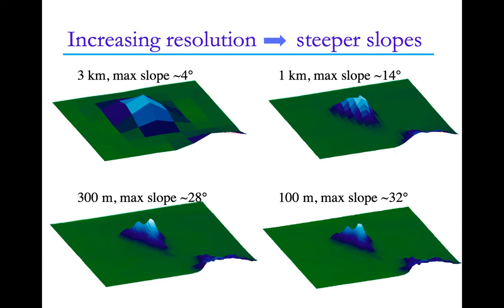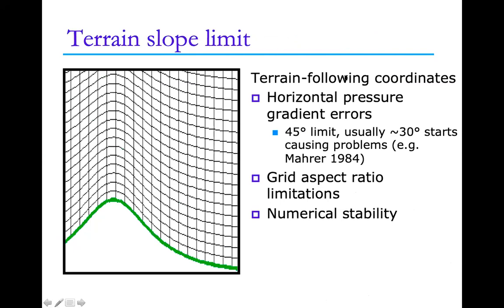So the problem is that most mesoscale models use a terrain following coordinate system where the coordinate is stretched over the surface of the topography. And as the terrain becomes steeper and steeper, you end up having truncation errors from the horizontal gradients, such as the pressure gradient. And these problems start at about 30 degrees, and either your simulation will become unstable and blow up, or you'll have large truncation errors and other things may happen. And there's some guidance about what kind of grid aspect ratios to choose. But in general, at very fine scales, there's not a good way to represent steep topography using terrain following coordinates.